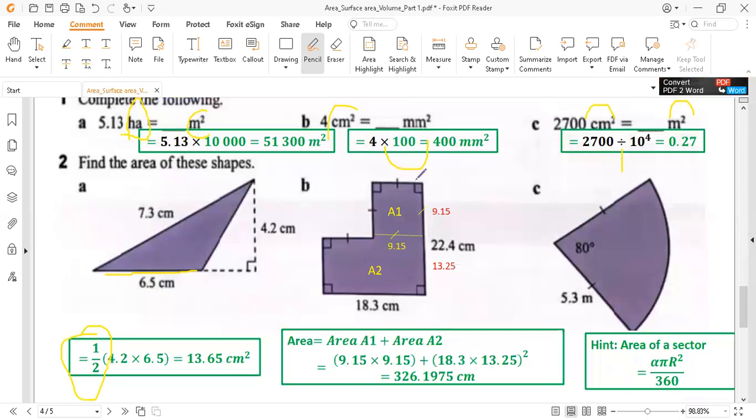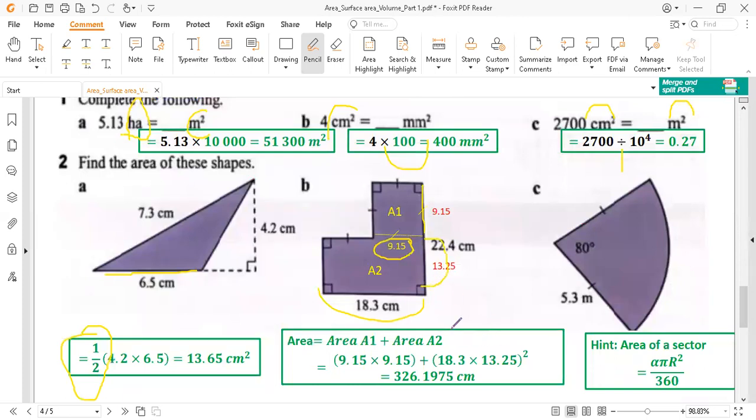When this side is equal to this, to this, to this, so normally this side is equal to this also, so normally it is the half. This one or this one is the half of the length of this rectangle, so it is 18.3 divided by 2, so normally it is 9.15. When this side equals 9.15, because the nature of this shape is a square, so normally we have a 9.15 and it remains from 22.4